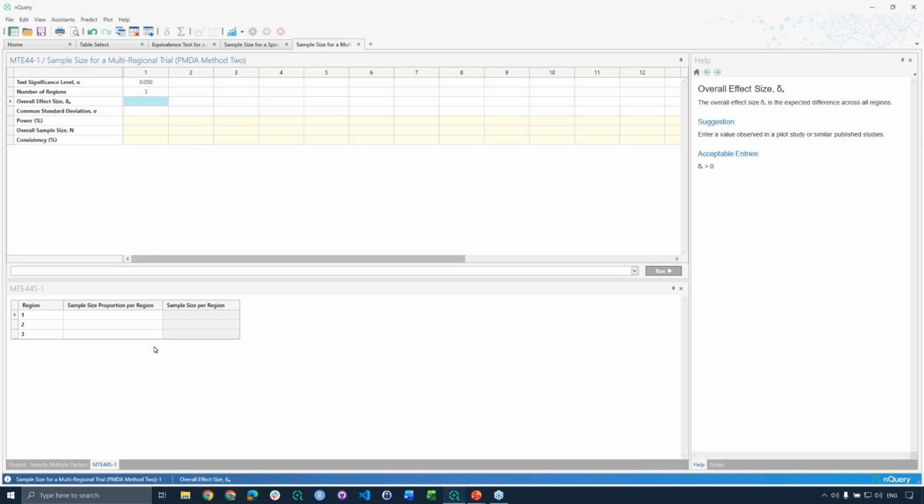And so in nQuery, for those of you that aren't familiar, side tables are used as a way to provide more information to a particular cell in the main table. Sometimes these are alternative ways to calculate a certain value, or in this case it'll provide a breakdown of the sample size for the different regions. So now I'll just fill that in there first